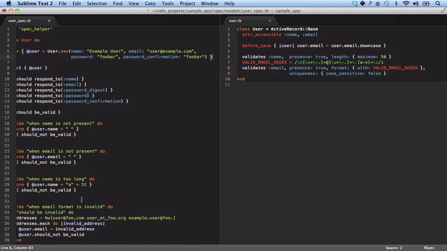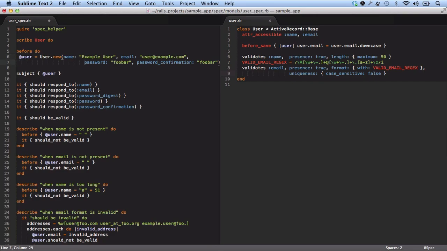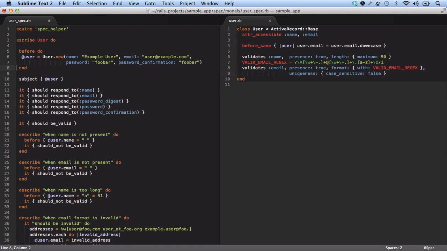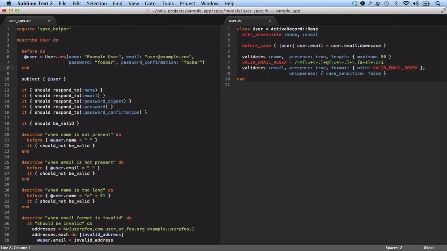All right, it's a little bit too long now, and so you can see here we've spilled into column 83, and I don't like doing that, so let's just make this a do end block. Gives us a little bit more room to play with. Remember, this is just the same. There's actually a really subtle difference between do end and the curly braces, but it's not ever going to affect us in this tutorial. In fact, it's so subtle I don't remember exactly what it is. There's some sort of precedence difference between the two. Okay, so there we've got our